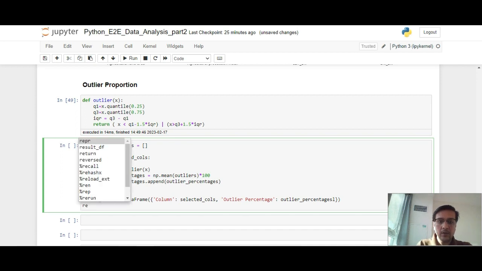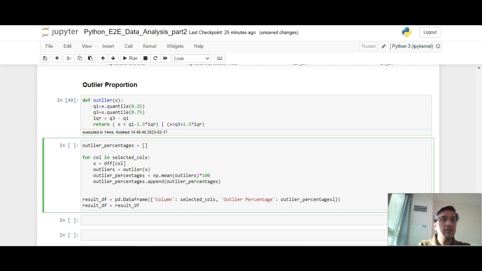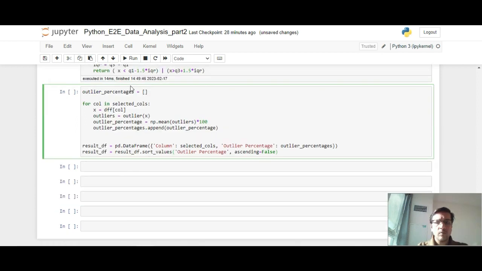Then we say result_df is equal to result_df sorted, so we type sort_values here, and we want to sort values by outlier percentage, with ascending equal to False. Okay, once we execute this,